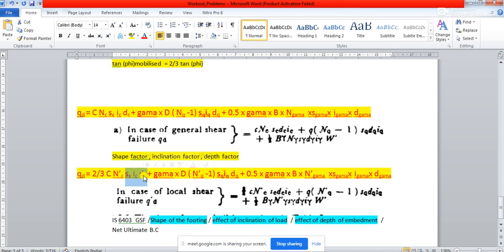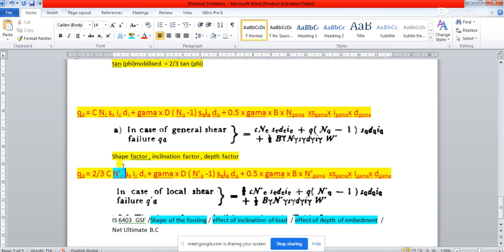See, SC, IC, DC, these quantities depend on the shape of the footing, inclination of the load, and depth of embedment. These factors are not dependent on the value of angle of internal resistance. So these factors will remain unimpacted because of the local shear failure criteria. You must understand this. Only the values will be changing for this Nc dash, because of the local shear failure,